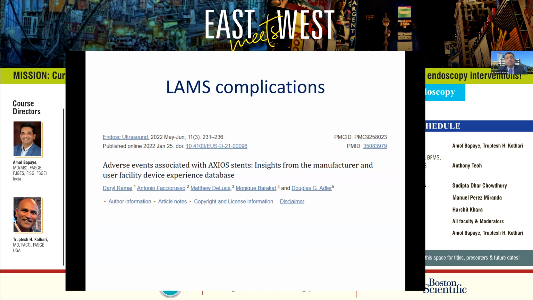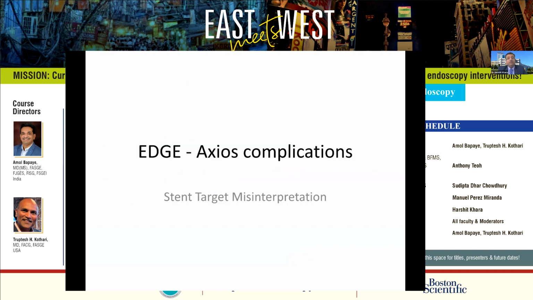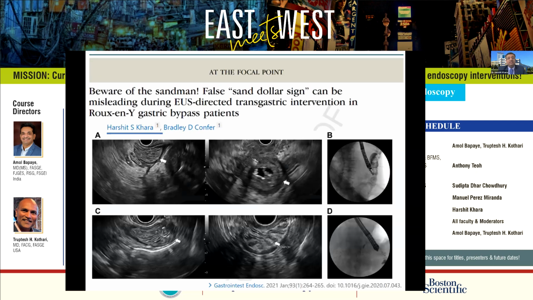Specifically, in just the last couple of minutes, I'll go over some of the EDGE and EUS-GE associated complications. Anthony went over many of these things, but one of the things that we published on was this false sand dollar sign, that you can miss the target organ. Here, I thought this was the sand dollar, but apparently that wasn't, that was a colon. So that's why there's a need to do this under fluoroscopy, where we get an enterogram, and just with a needle puncture, if you don't confirm, then you can get into problems.